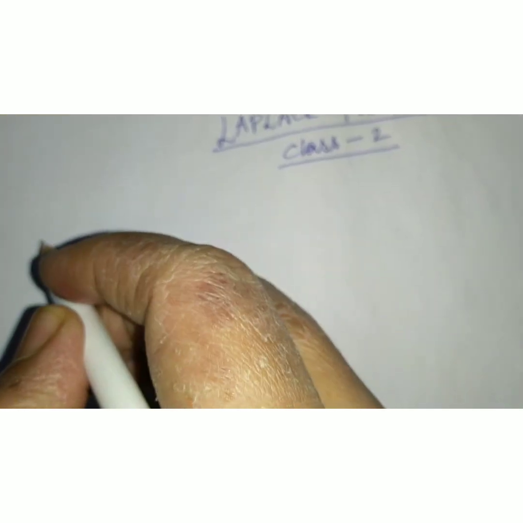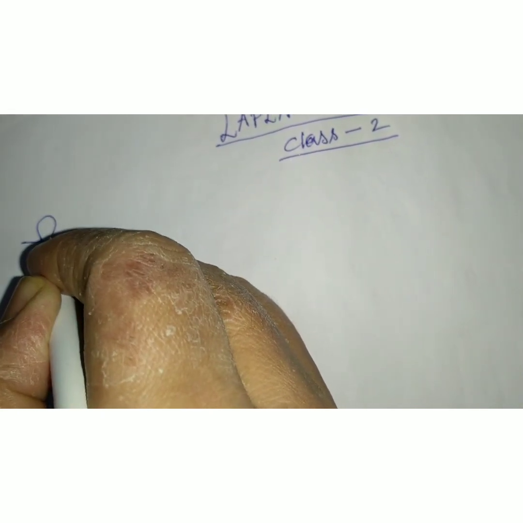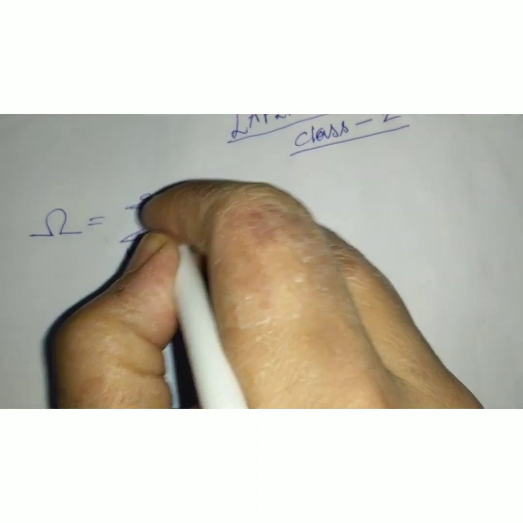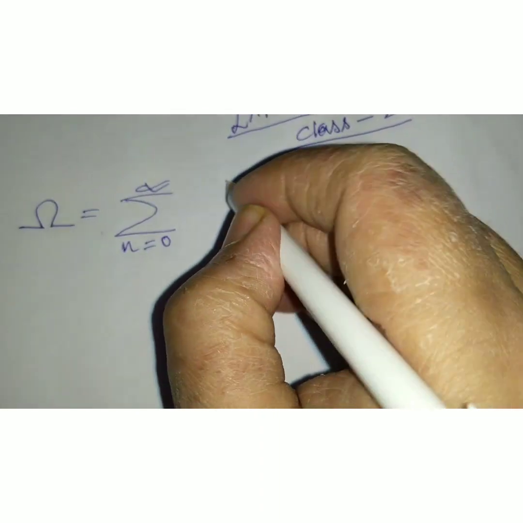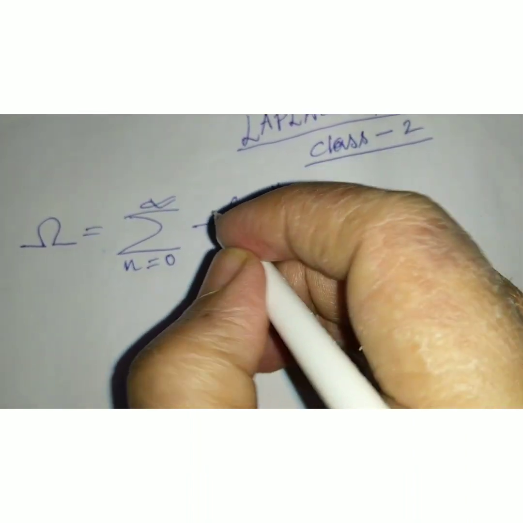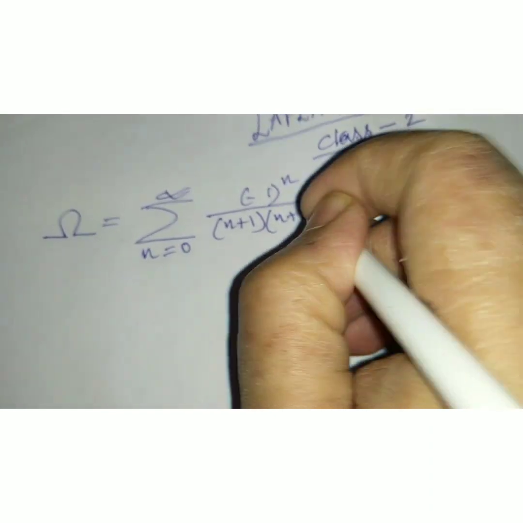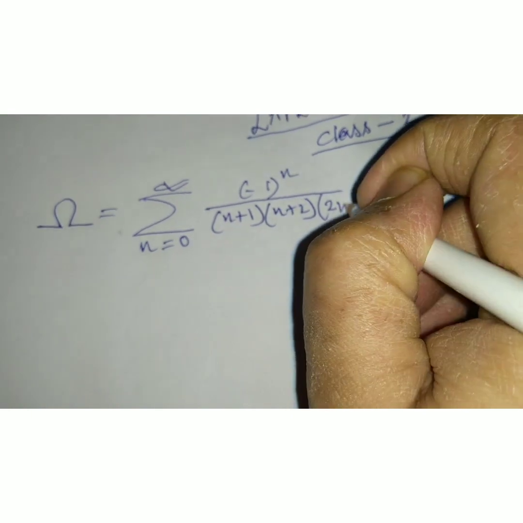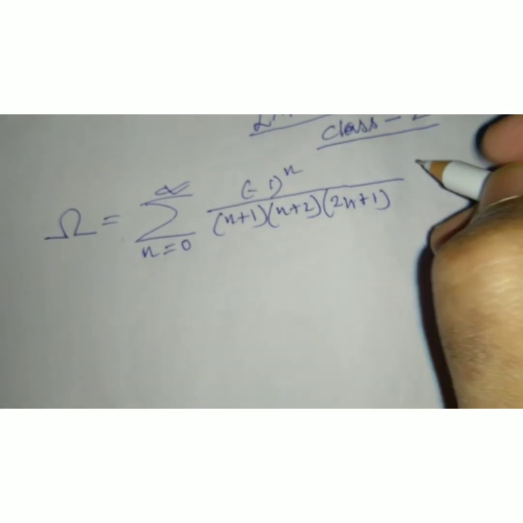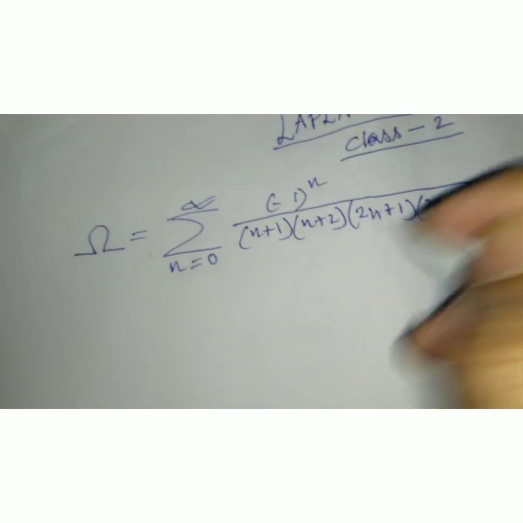Today I want to discuss a problem which is based on series. Omega equals the summation from n equals 0 to infinity of minus 1 to the power n divided by (n plus 1) into (n plus 2) into (2n plus 1) into (2n plus 3). Okay,